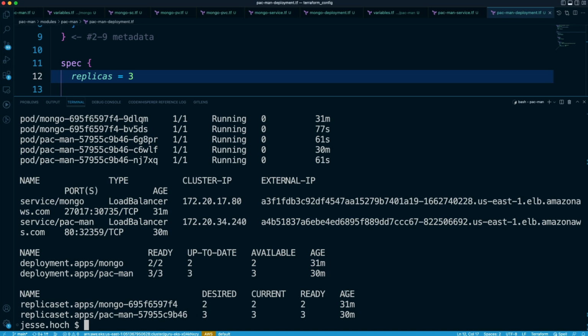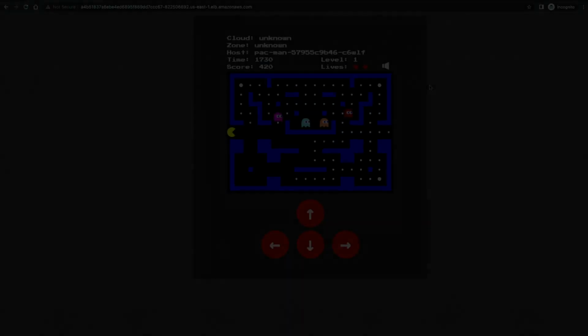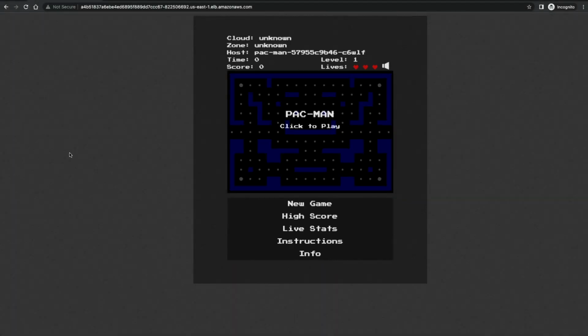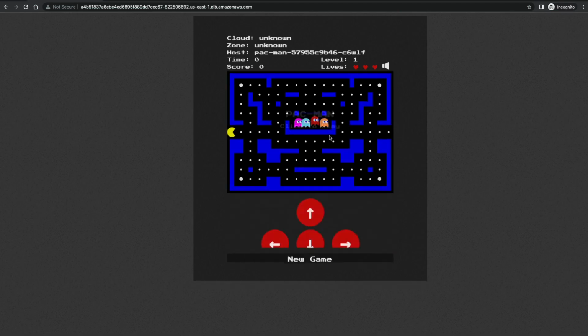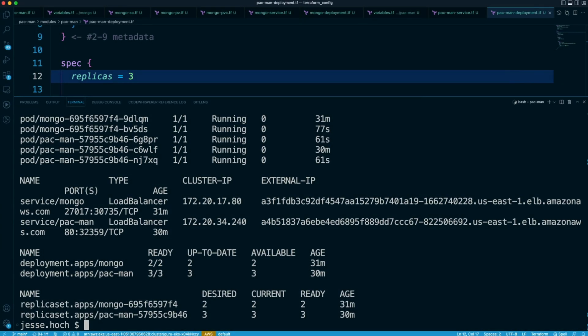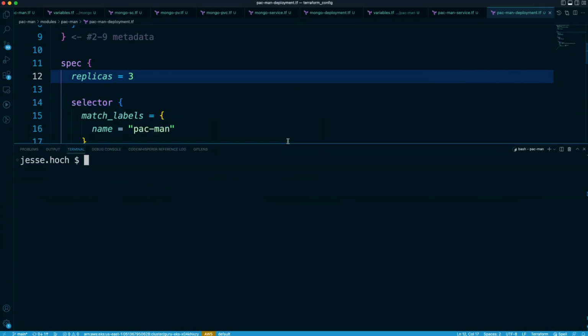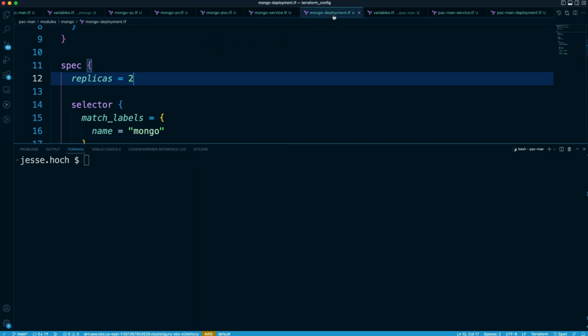If we jump back over to our browser, we refresh the page, you can see we still have a fully functional Pac-Man game. And now if we wanted to scale it back down, come back here in our Pac-Man deployment, change that back to 1, save our file, come back to our Mongo deployment.tf file, change the replicas from 2 to 1, and save our file, and then